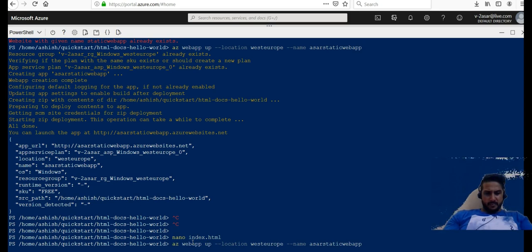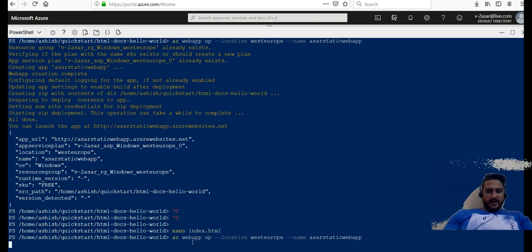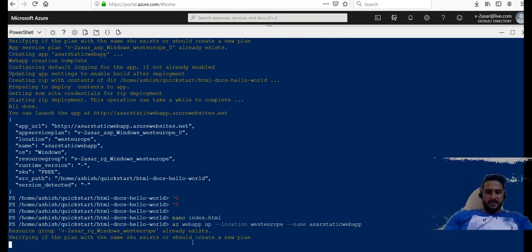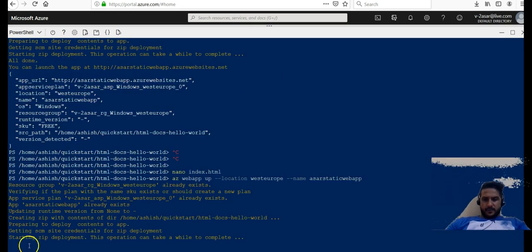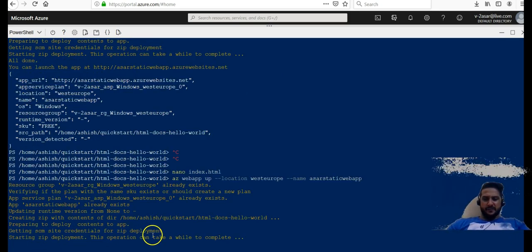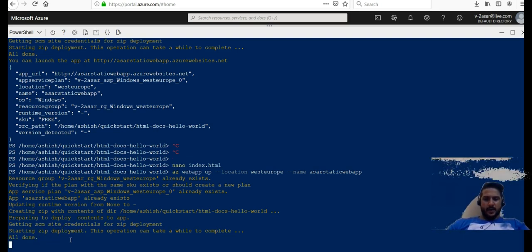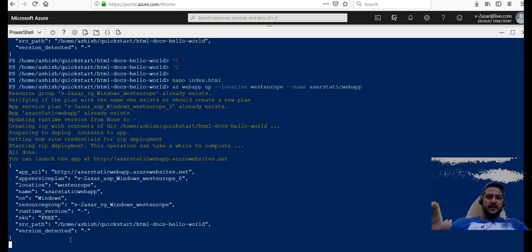So if you remember, this was the az webapp up command, location West Europe, name as static web app. We'll redeploy it. It'll take some time. If you see, it's getting SCM site credential for zip deployment. Starting zip deployment. This operation can take a while, but as it was a minor change,